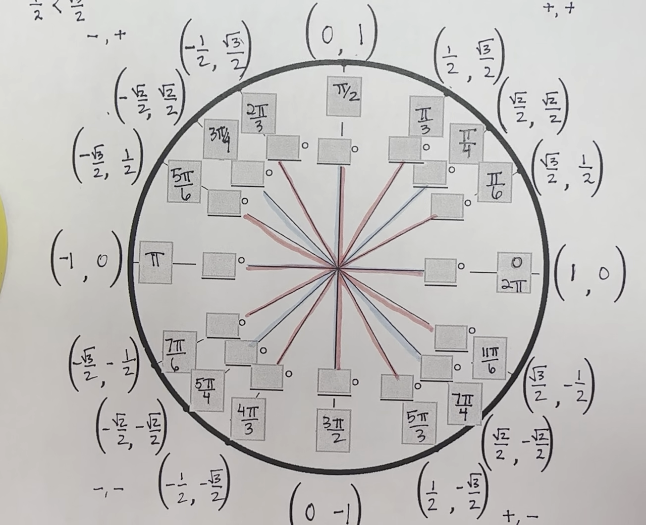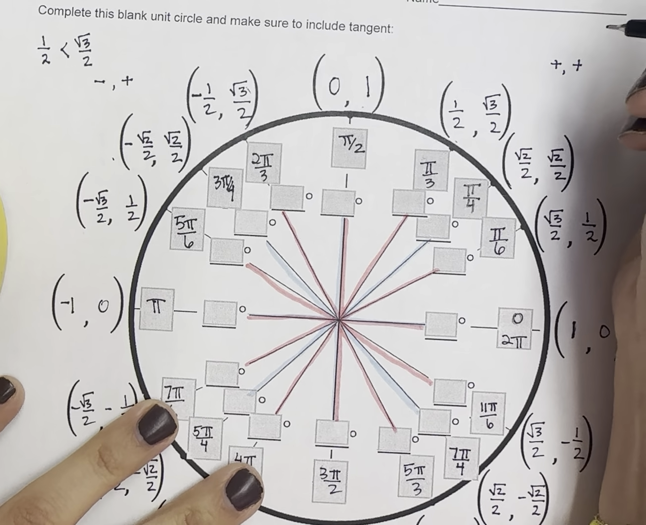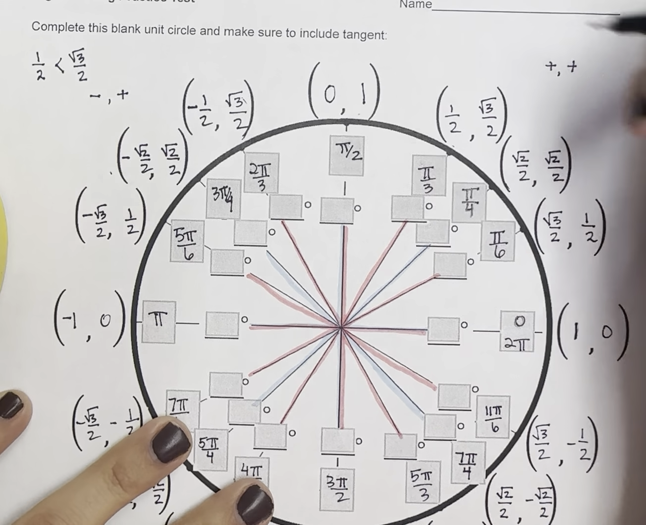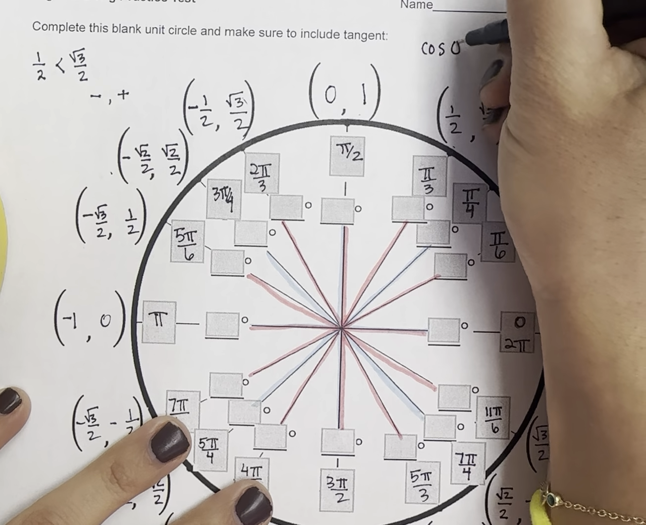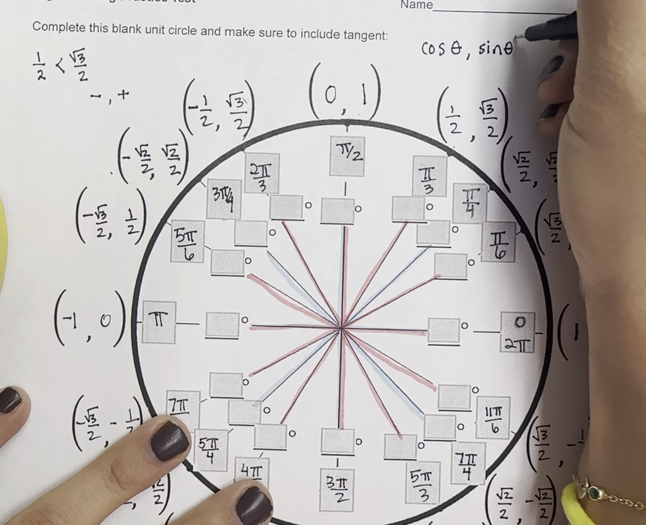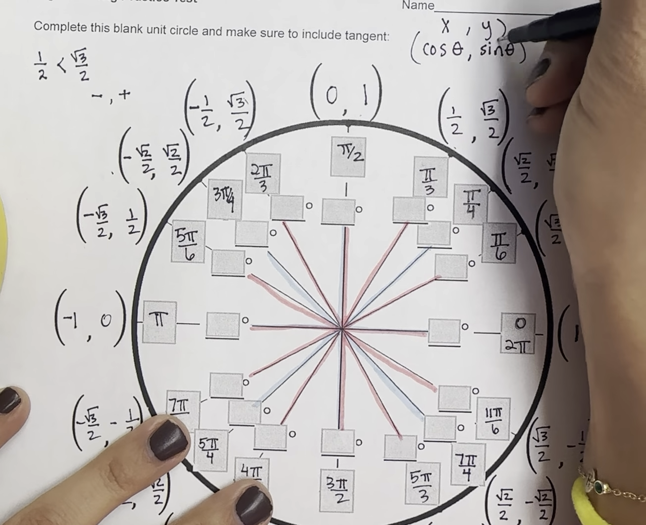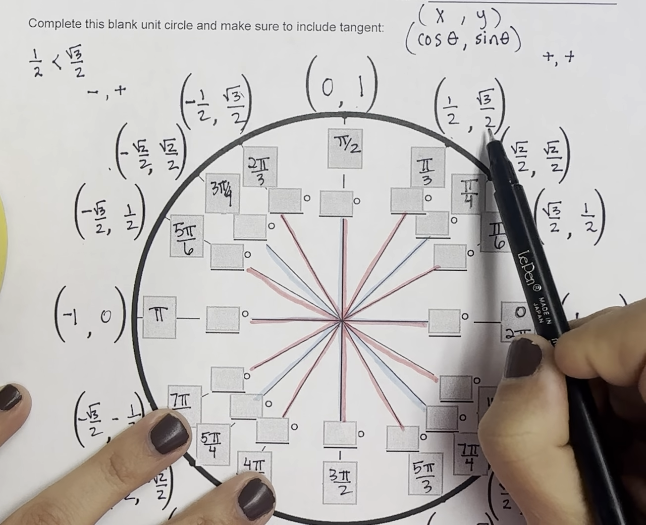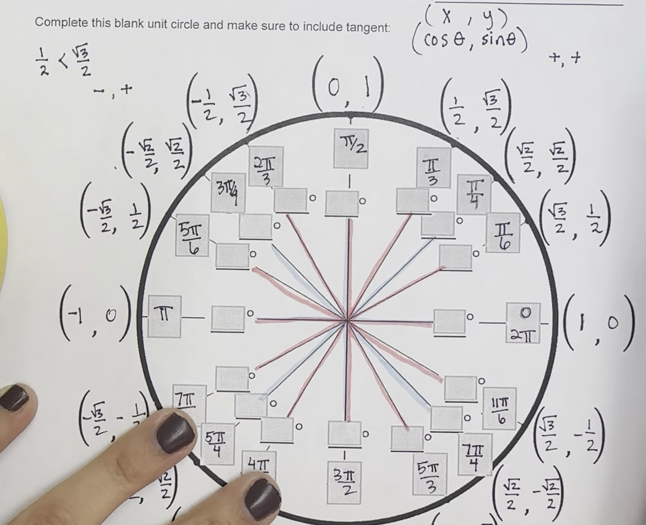Okay, now tangents. Let's talk about this. Maybe we should talk about this in the other video. However, the x's, all these points right here, the x's are cosine and the y's are sine. So each of these x, y ordered pairs is really the cosine of this angle and then the sine of this angle. And then to get tangent,